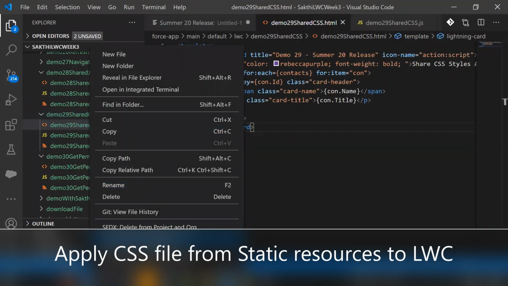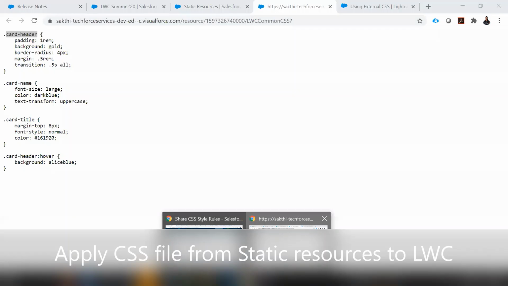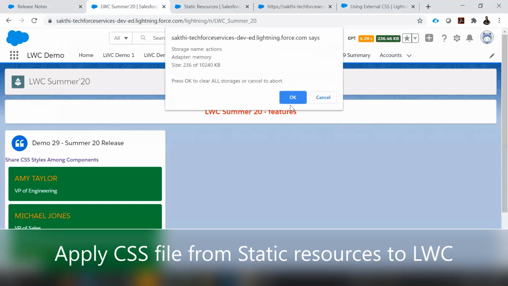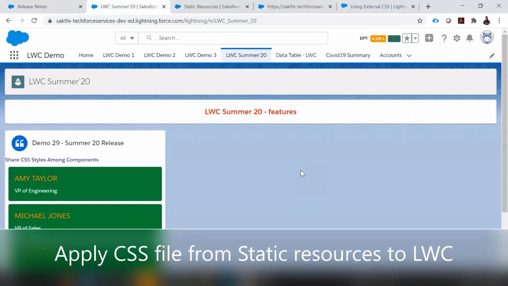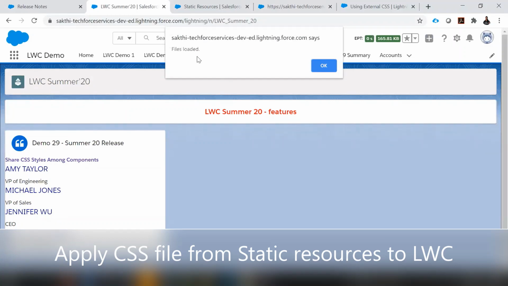Let me go to the file folder and deploy this demo 29 shared CSS. Let's go to my browser and refresh.